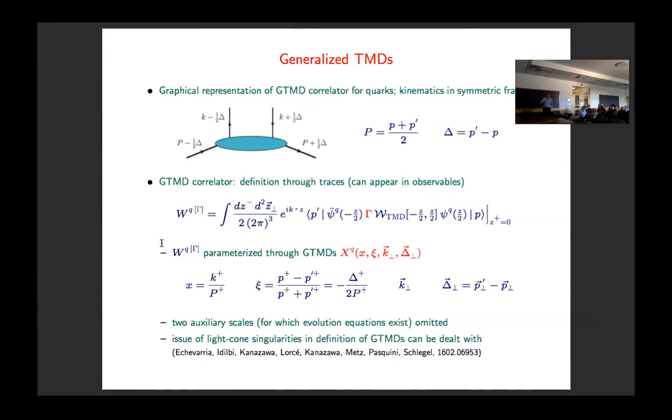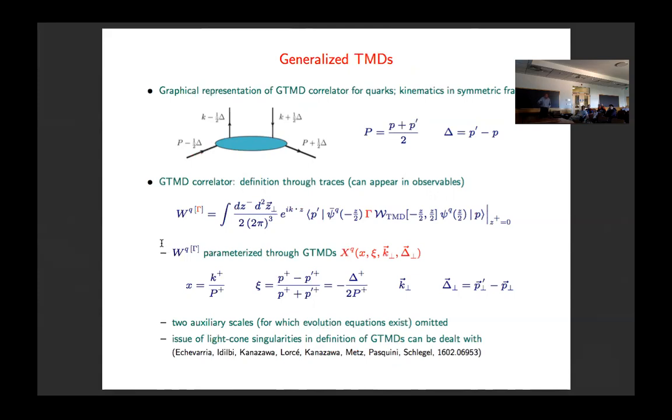The quark momenta are different here, and the average quark momentum is K. Now, in field theory, we define this object. We can define it through traces here. So we have a bilocal quark operator at the fixed light cone time, z plus equals 0. The quark fields depend on the z minus and the transverse position.